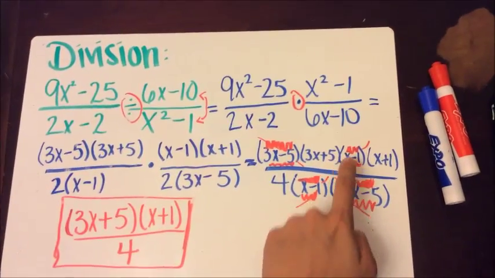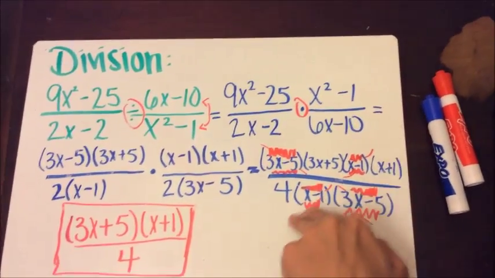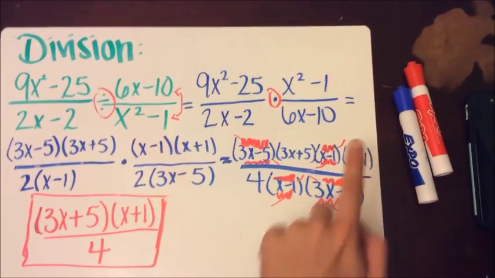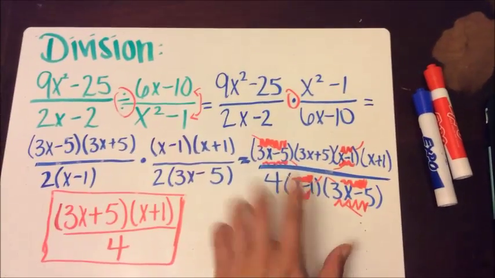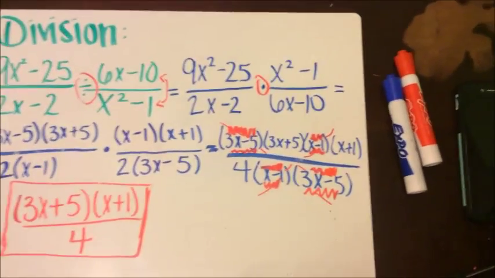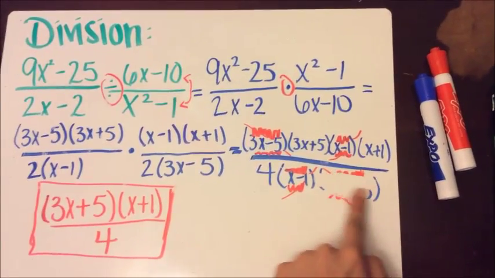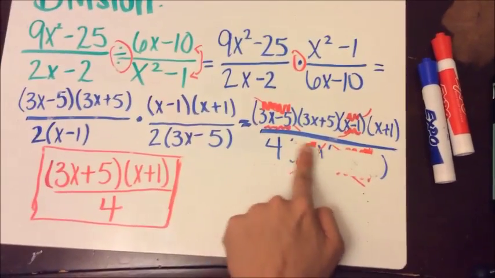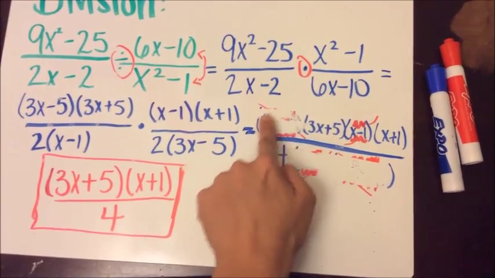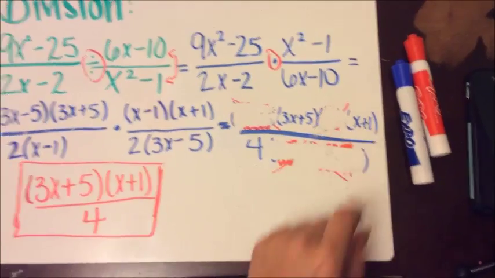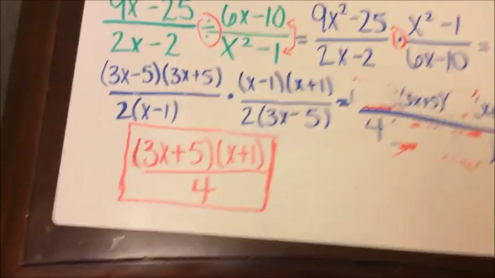We have an x minus 1 and x minus 1, cancel out. We have an x plus 1, but we do not have that in the denominator, so that stays. And then after canceling each one out, it might look messy now, but wait and see. This one cancels out, this one cancels out, this one cancels out, and this one cancels out. So now that's what you have left, and that would be your answer.